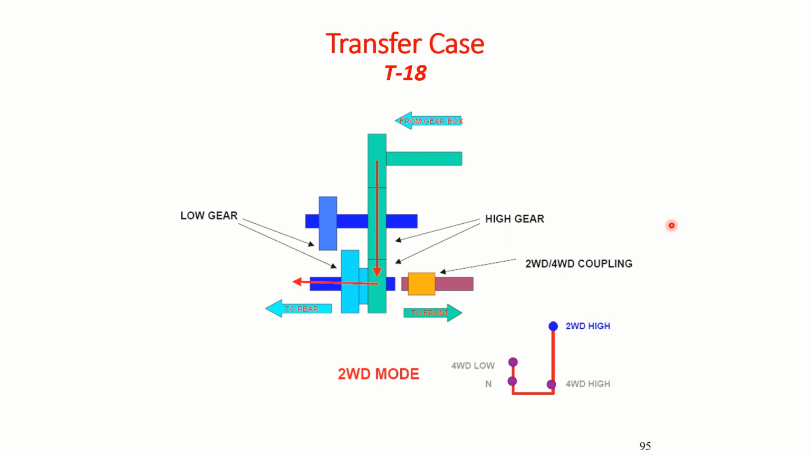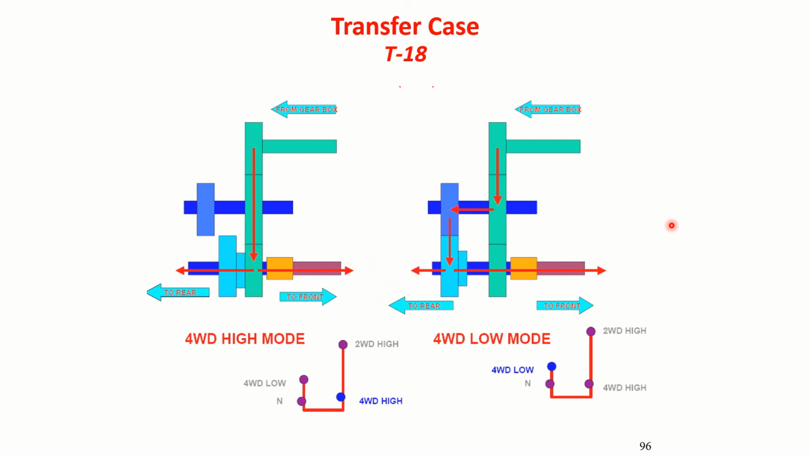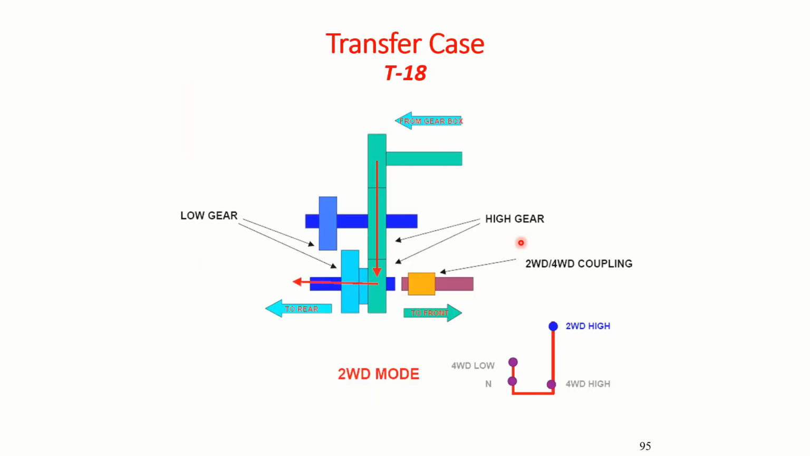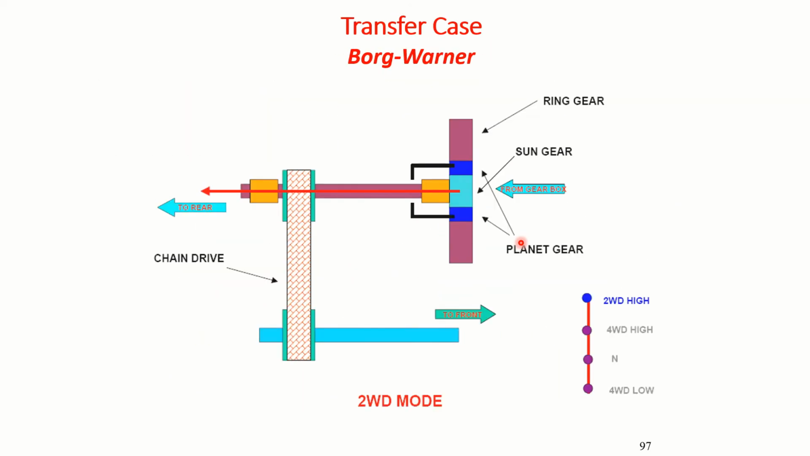So you understood transfer case T18, two-wheel drive mode, then four-wheel high mode, four-wheel low mode. You can say high gear ratio means 1:1, low gear ratio means 2.46:1. Now let us look at